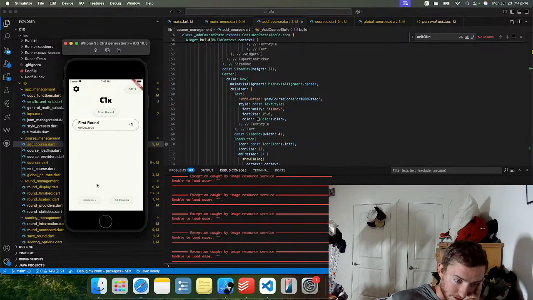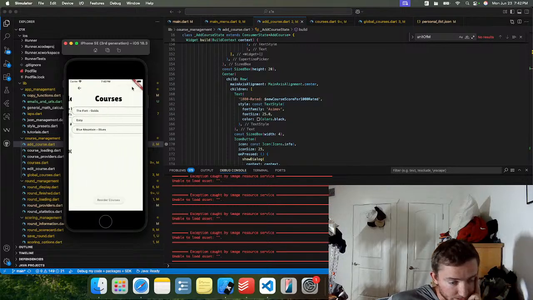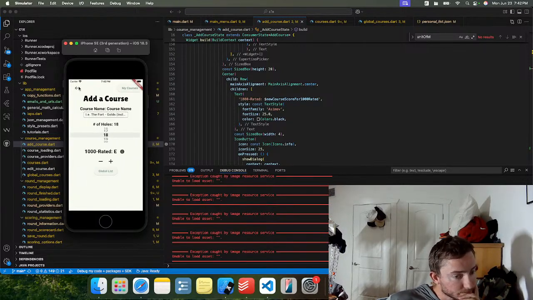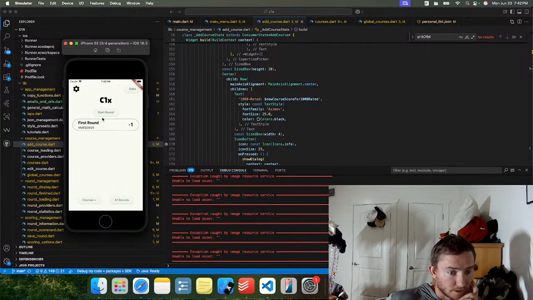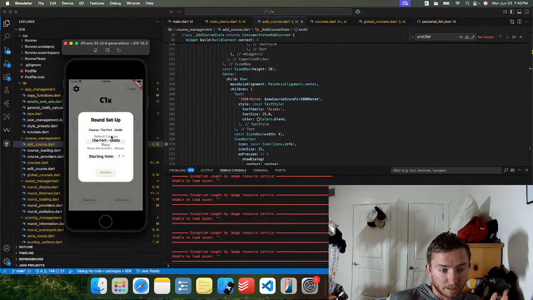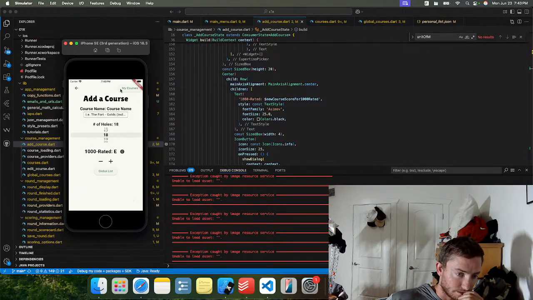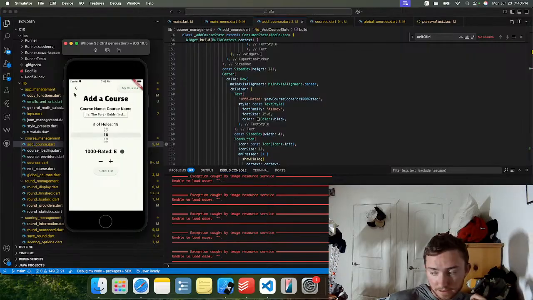My courses is hard to get to there. It's annoying to get to. Although when you're starting around, the courses are obviously going to be right here as well. So maybe it's not. Maybe this is fine. It's different at least. It's different from what I had in Throw It to Pros, and it's easier to see where you add a course. So